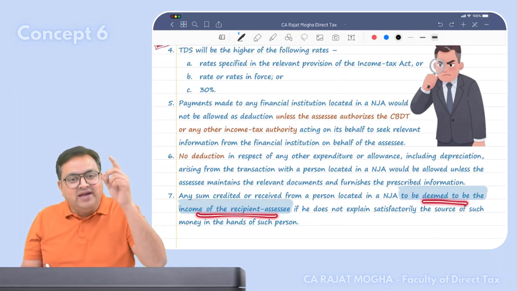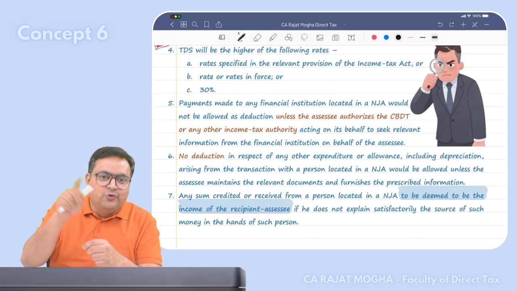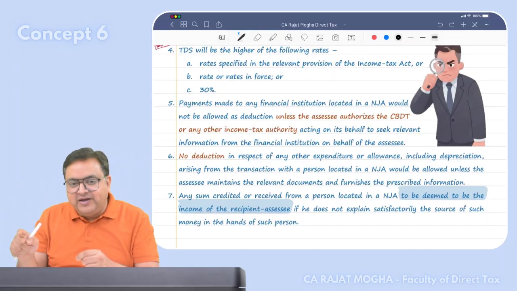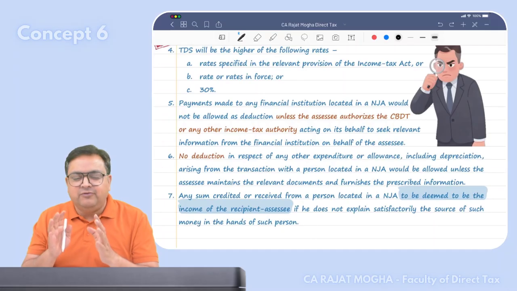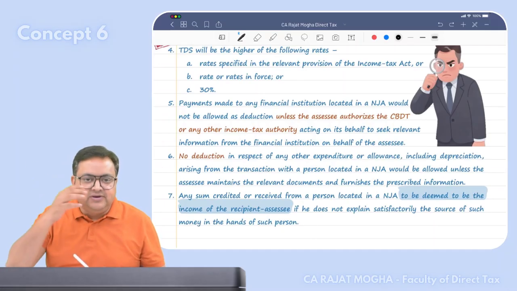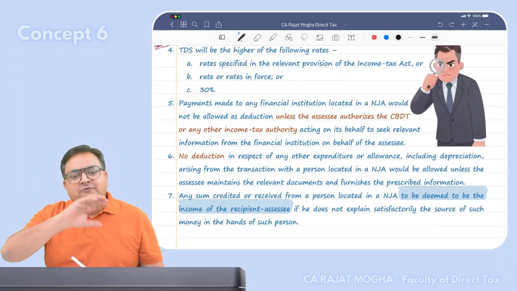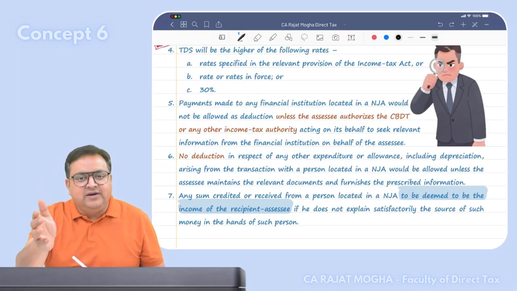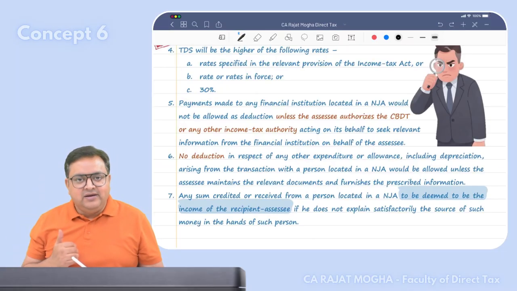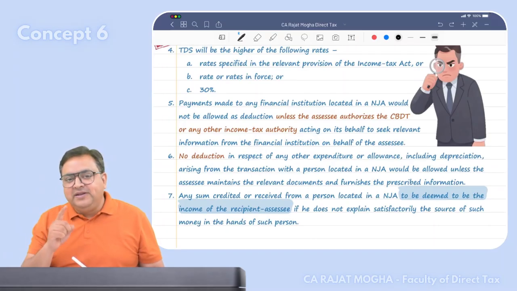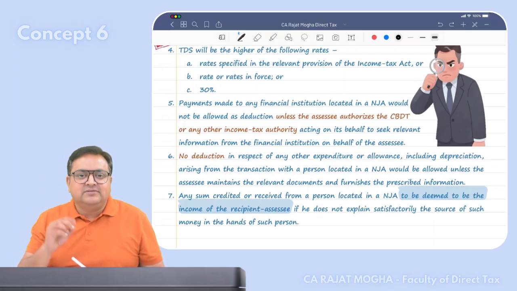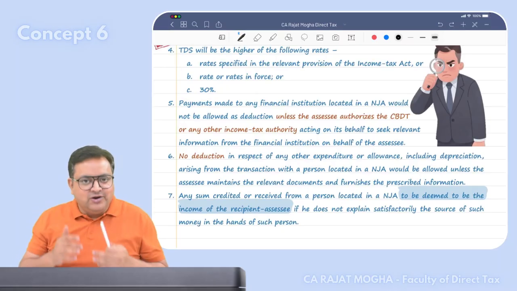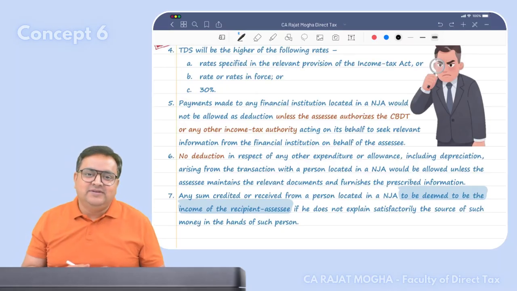We will actually assume, let's say, for example, if you have taken a loan also from any bank, or you have taken a loan from any person in NJ, see what will happen is, let's say you have a friend in NJ. So what you will do, from your Swiss bank, you will directly transfer the money in Cyprus, and you will ask that friend that please give me this loan, right? So if you will not be able to explain the source of this, then what will happen is, we will actually, whatever the loan which you have taken from your friend now, we will actually deem it as your